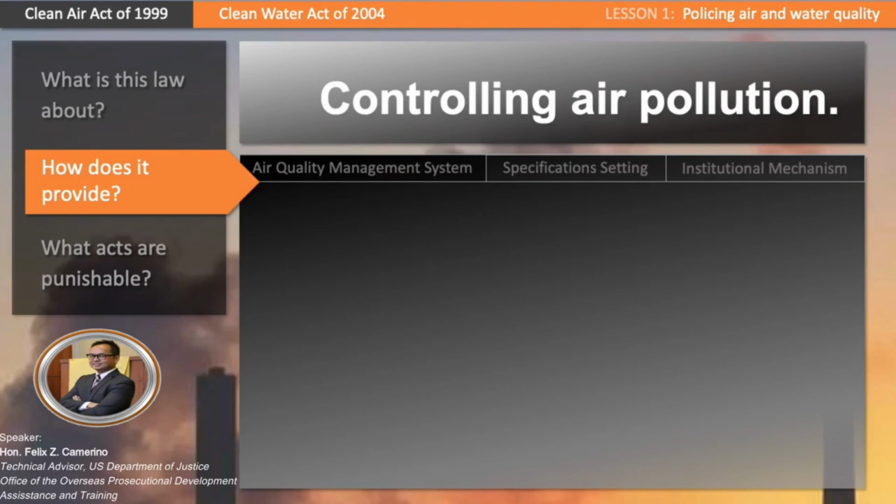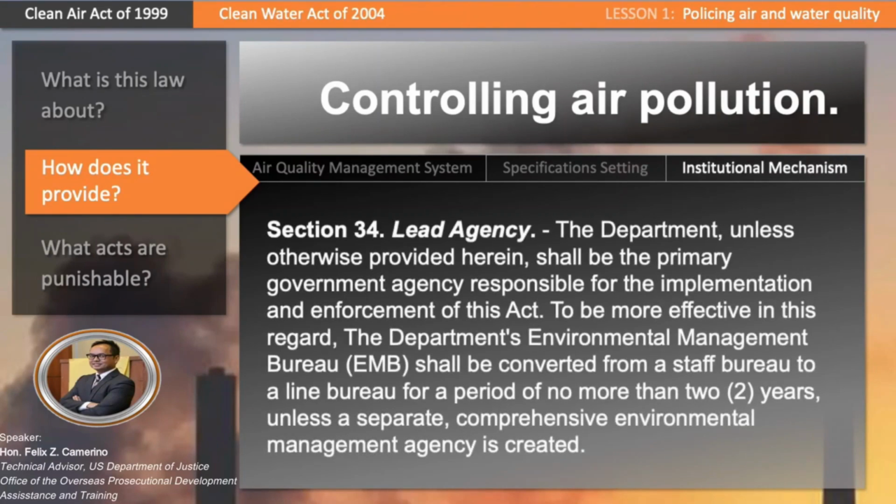On institutional mechanism, the law provides, first and foremost, that the lead agency for this law, or at least the agency that would be responsible for the implementation of this law, is the Department of Environment and Natural Resources, DENR. Interestingly, this law also specifically mandates that the agency or the bureau under the DENR, the bureau called